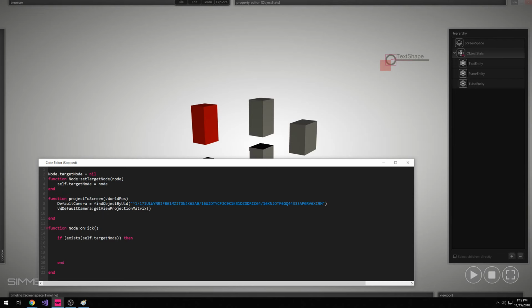What we're going to do is we're going to take the world pass. This is the position. This is going to be a 3D position of an object in 3D space, and we're going to project that onto our 2D screen by doing this. And we're going to store that in a coordinate, projected pass. Our projected 2D position will be that. So again, we're taking that 3D position and we're projecting it, using the view projection matrix of the camera, onto